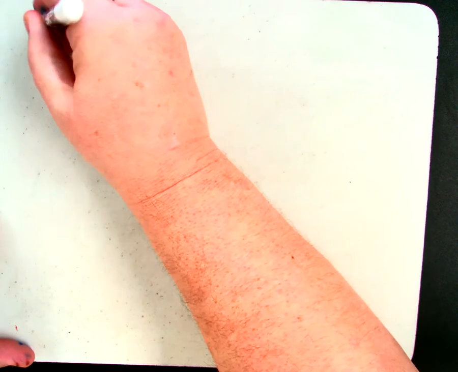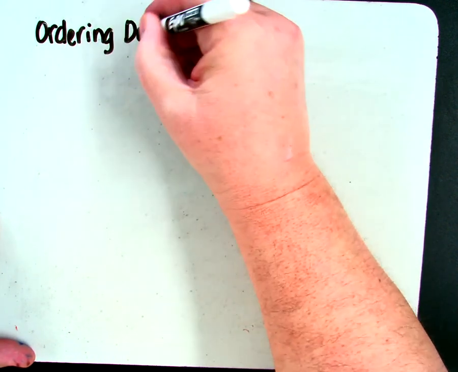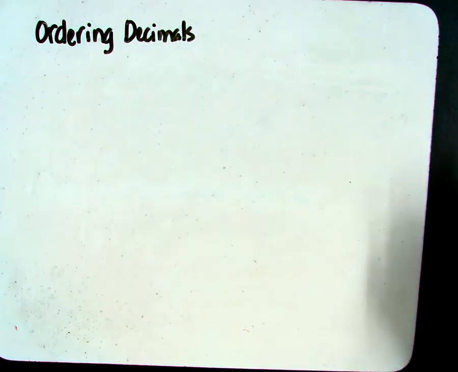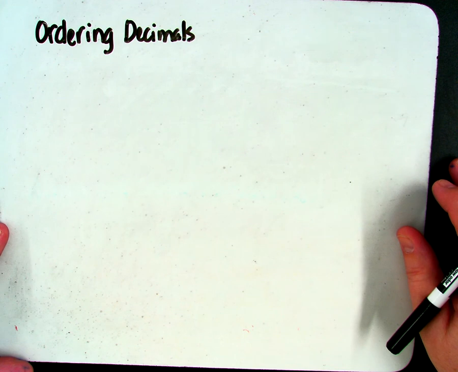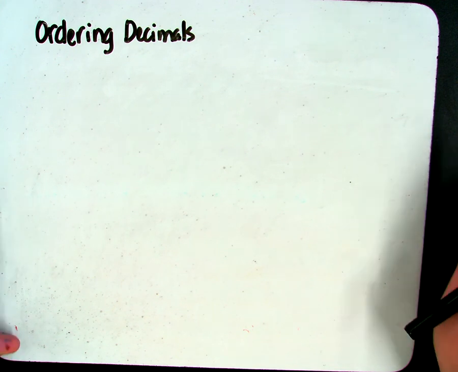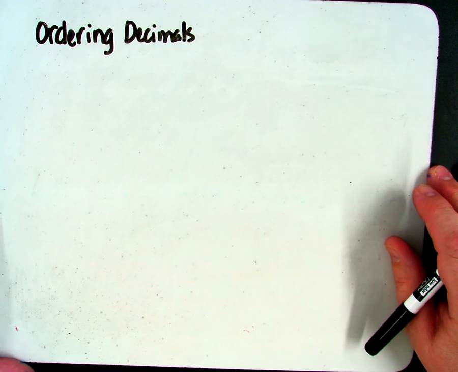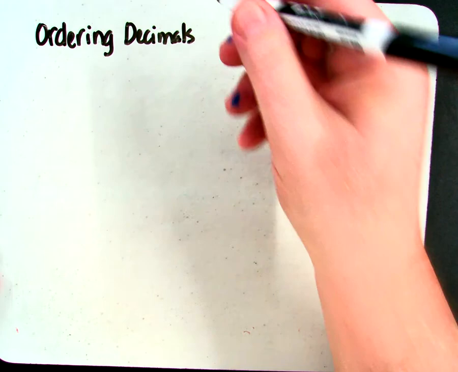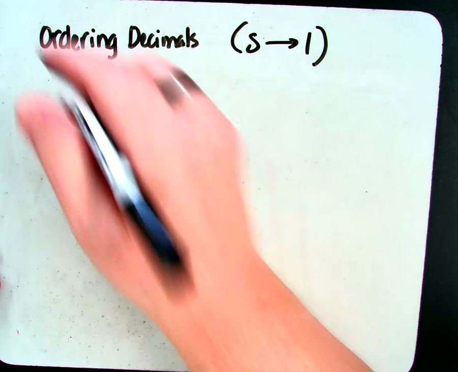Now we're going to look at ordering decimals. On occasion, you will have cause to arrange decimals in a smallest to largest sequence or from largest to smallest sequence. So that's what we'll be looking at for the next few moments, ordering decimals. Now, let's say that we had 4 decimals that we needed to place in order from smallest to largest. And those decimals are